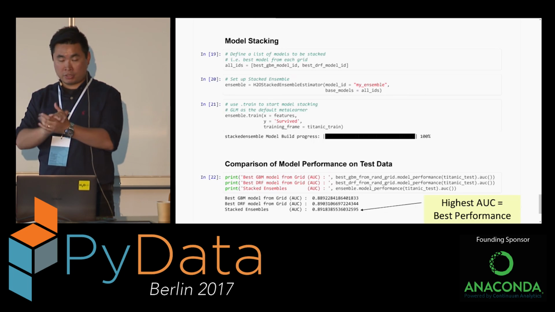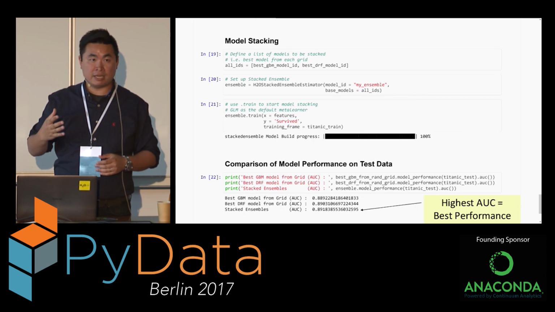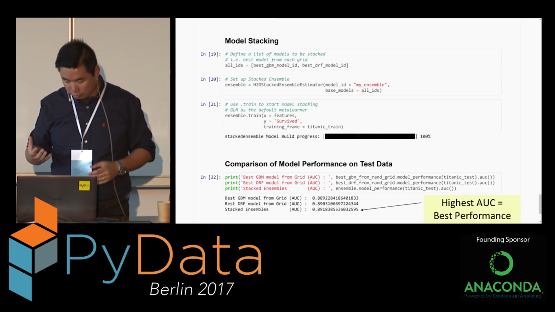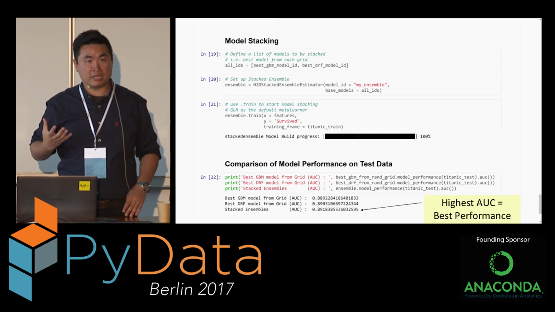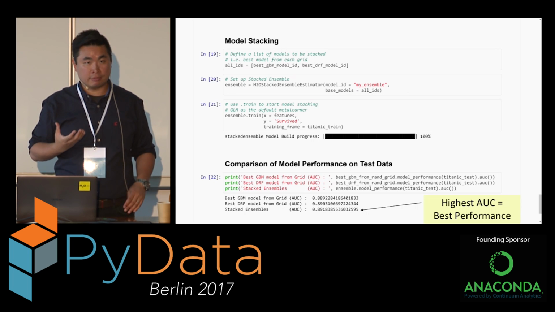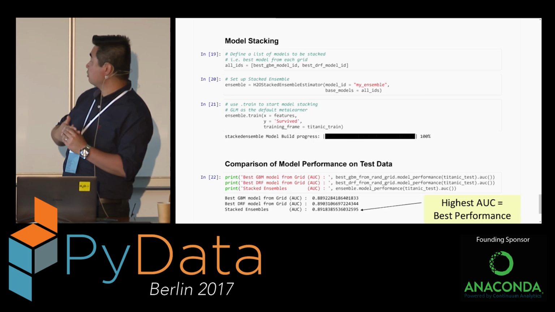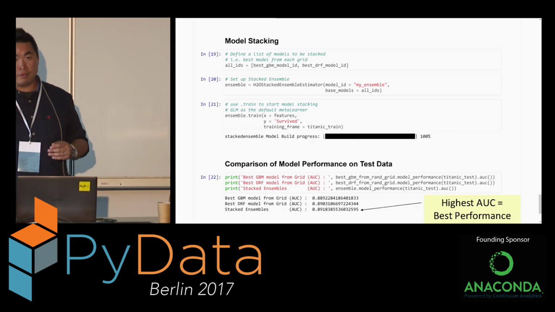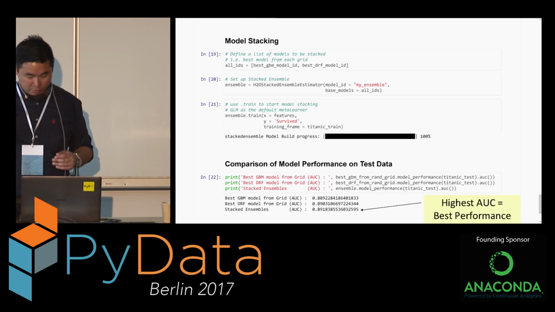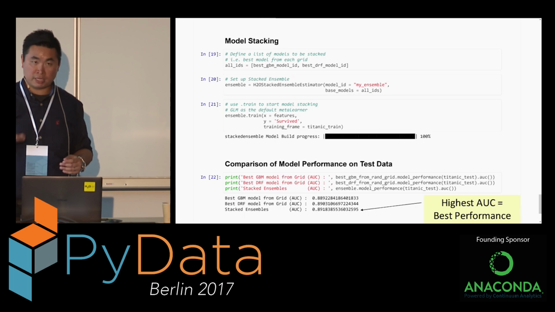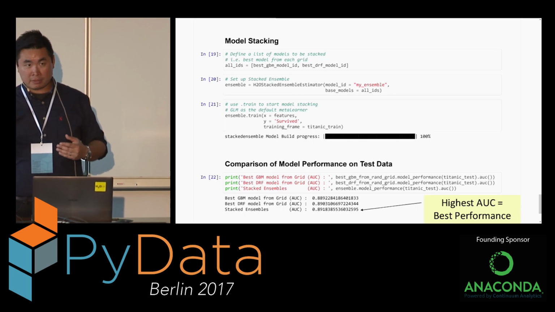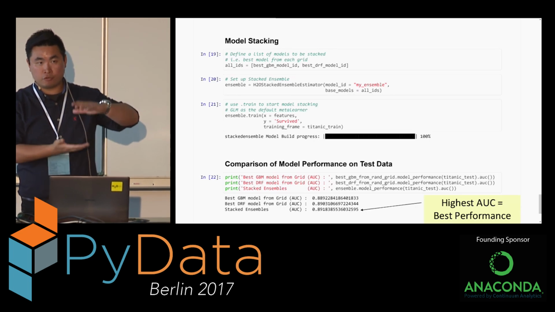You can see on your screen that this is the same kind of API to do the stack ensemble in H2O, but we are using a different metric this time. We're using the AUC, the area under the curve, so higher is better. You can see in the final table that the individual models give you about 0.88 or 0.89, but the final one is a bit of an improvement based on the combination of 2 models.